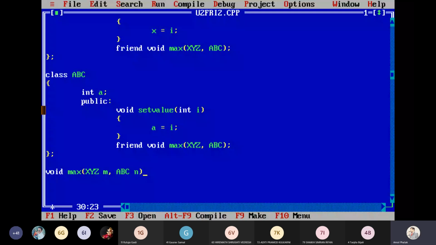Okay, so it is having this value. Here I have to find out which of these two is maximum and display it. It is not returning any value, so the function is void and will display directly.